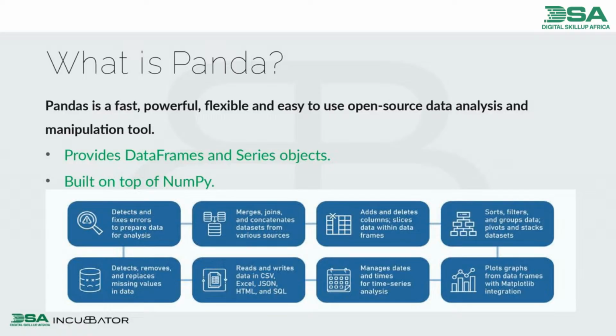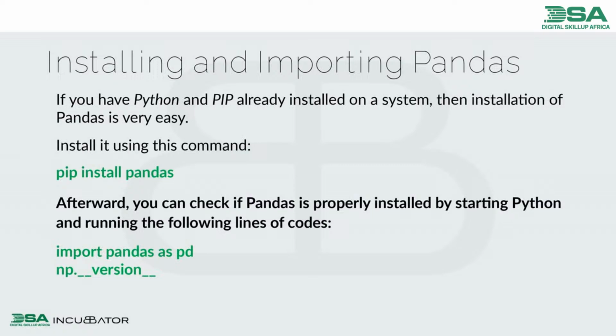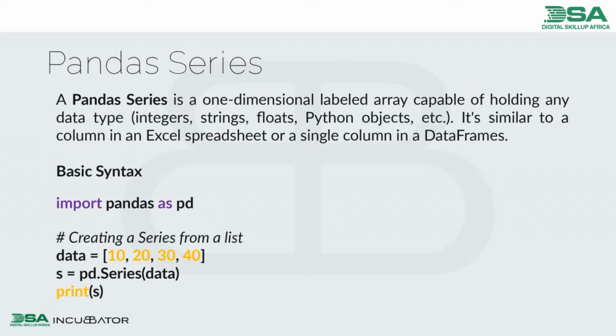So we talked about Pandas. Pandas is good for what? Data manipulation. Then the same way we install our NumPy is the same way we install our Pandas. Then you also check. So don't forget, pip install pandas. By now, we should be able to install a lot of libraries using what? The command pip. All right.